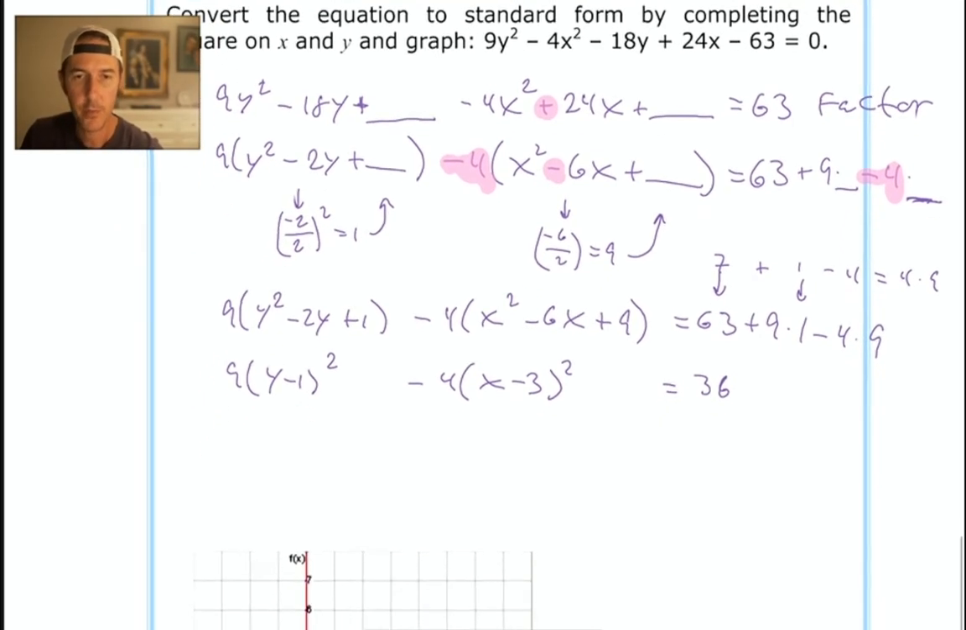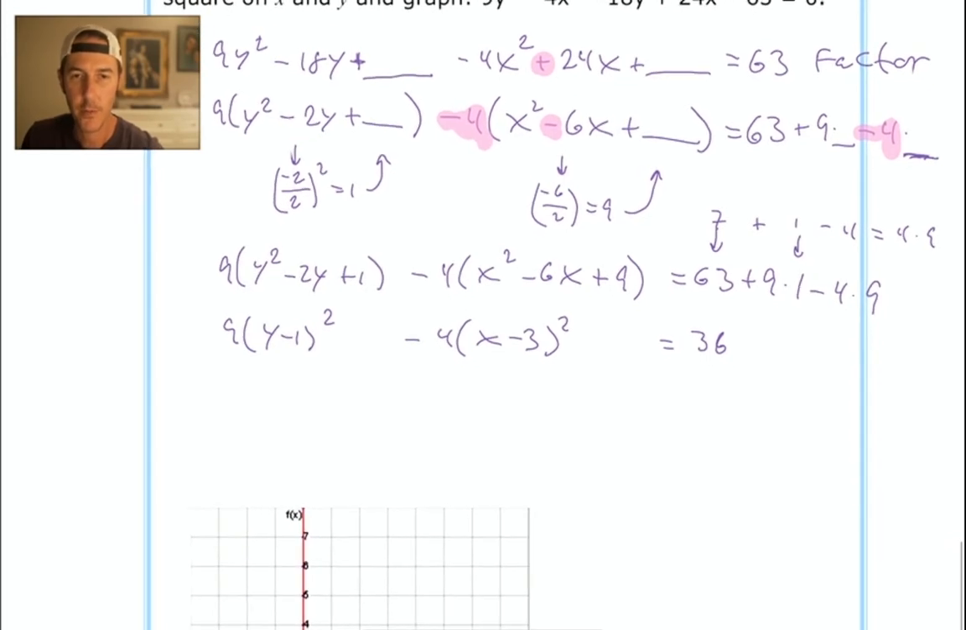Now we need to divide both sides of our equation by 36 so that the right-hand side is equal to 1, just like it was with the ellipse. It must also equal 1 with the equations in standard form for hyperbolas. So divide the whole equation by 36. The 9 over 36 reduces, giving us a y minus 1